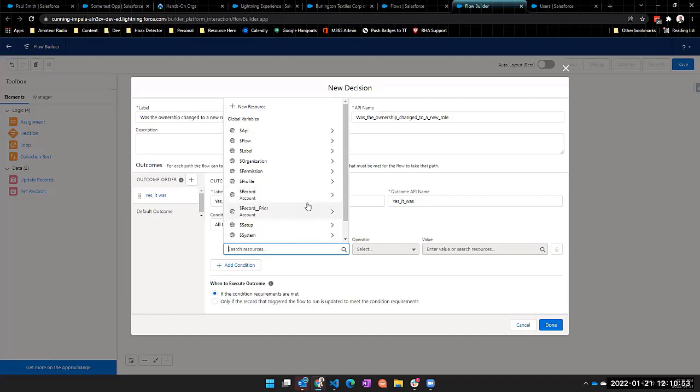We can actually look at what the previous values were and what the new values are by these two special variables that we have here. The $Record is what it is after the save action commits. And then you have $Record__Prior, which is what that record looked like before you made any changes to it, right? So basically, to keep this simple, and we'll test this to see if it works,